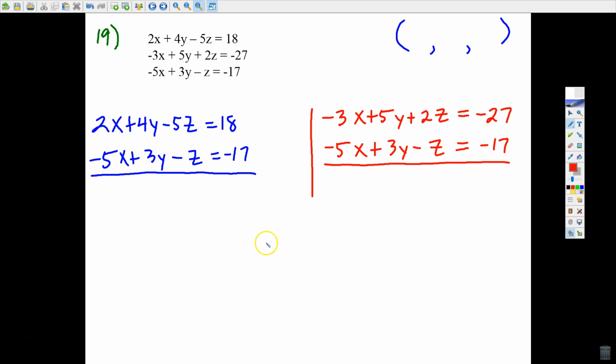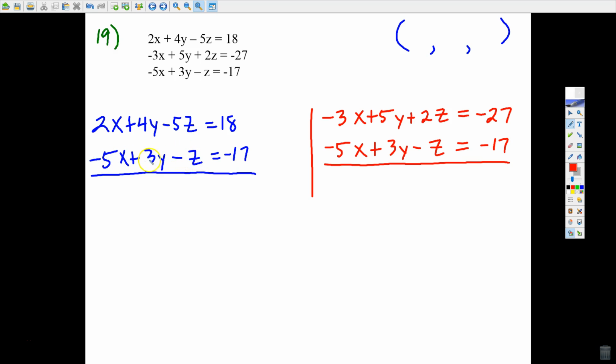Okay, and now the goal is to eliminate the same variable within each pair. And obviously I've already identified z, so I've got to eliminate z in the blue, and I also have to come over here and eliminate z in the red. Okay, so to eliminate z,